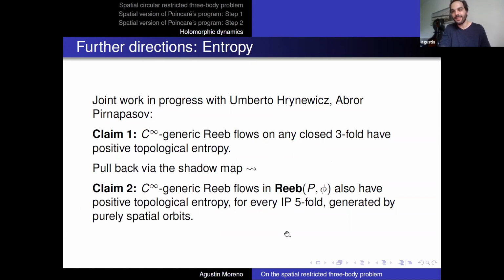And here, the entropy should be generated by spatial orbits as opposed to planar orbits. I mean, the planar problem is invariant, so if it has positive entropy, then the spatial problem does also. But the shadow map, when you project down, doesn't care about the planar problem. It projects down to a circle. Circles are stupid in the sense of entropy. Entropy for dynamics on the circle is always 0. This is telling you something about entropy being generated by spatial orbits. But anyways,